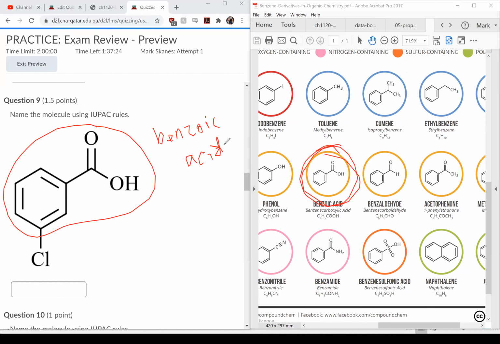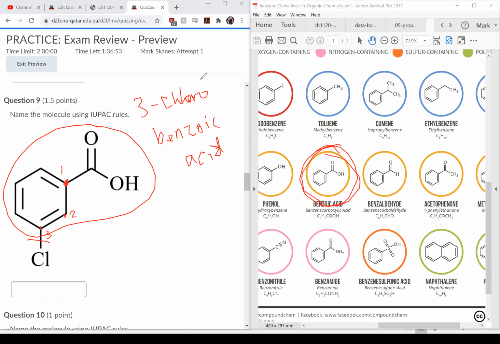What we assume then is that the benzoic acid is on the 1, then I would say 2, and I would say 3. So this would be 3-chloro benzoic acid. The chloro and the benzoic acid, you don't put hyphens or anything in there. So this would be 3-chloro benzoic acid. That's really it for naming